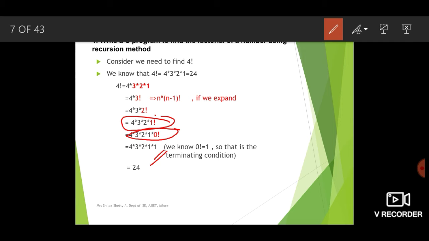So what happens here is, when the function calls itself in smaller versions, we try to find the solution for the smallest version of the function, which is used later to find the solution of the complex problem. So that is the approach here. Finally, on executing this, we get the result as 24.